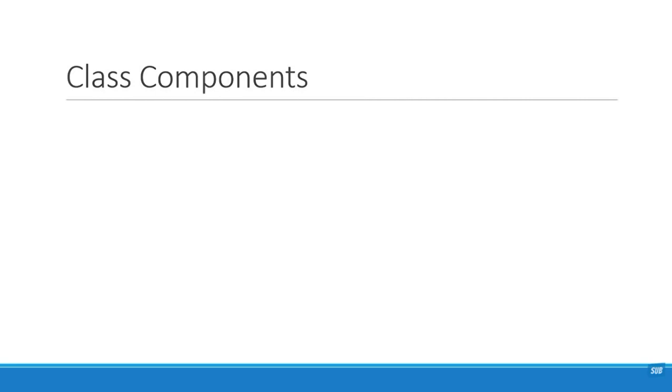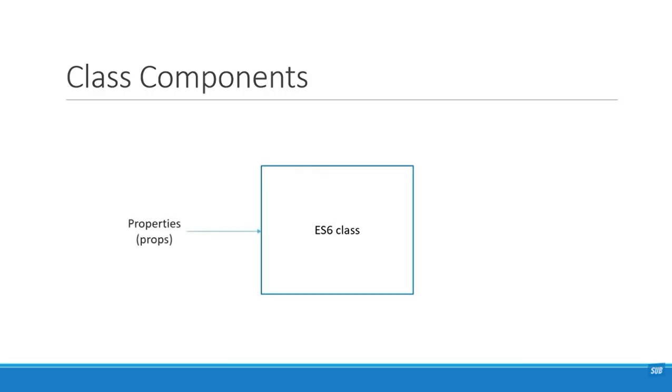In this video, let's take a look at class components in React. Class components are basically ES6 classes. Similar to a functional component, a class component also can optionally receive props as input and return HTML. Apart from the props, a class component can also maintain a private internal state. In simpler words, it can maintain some information which is private to that component, and use that information to describe